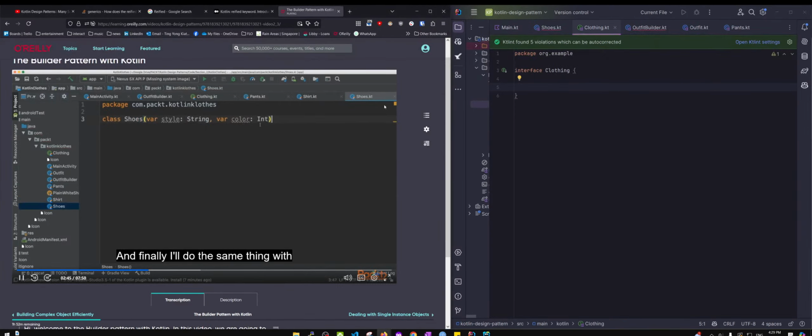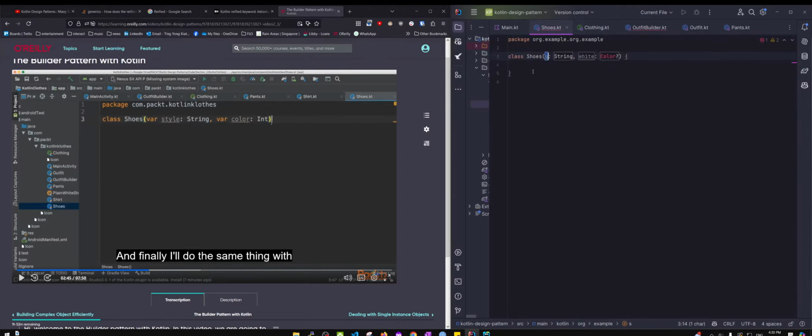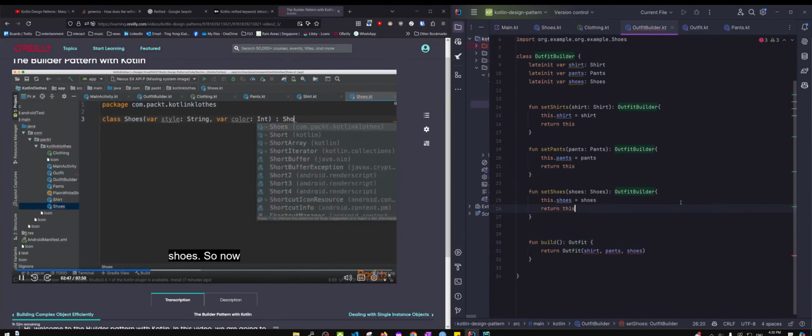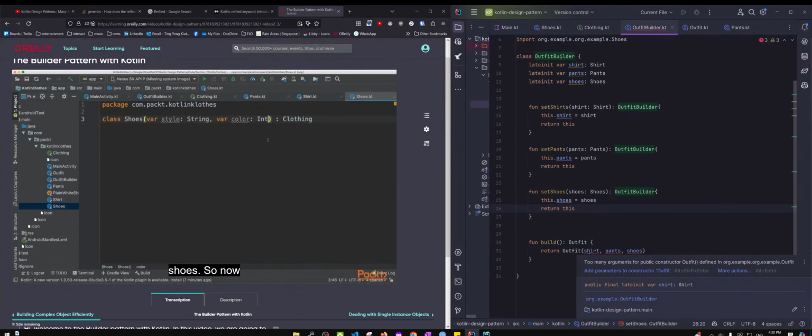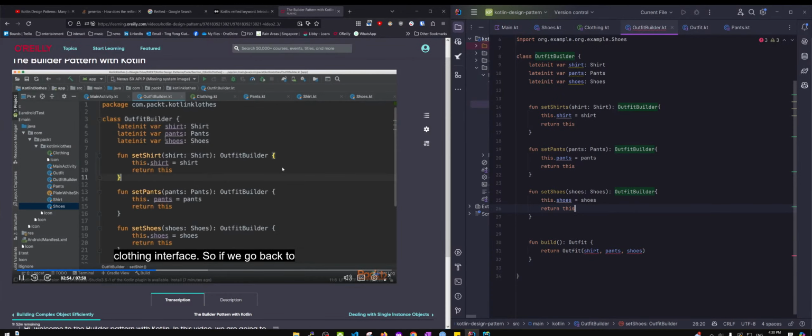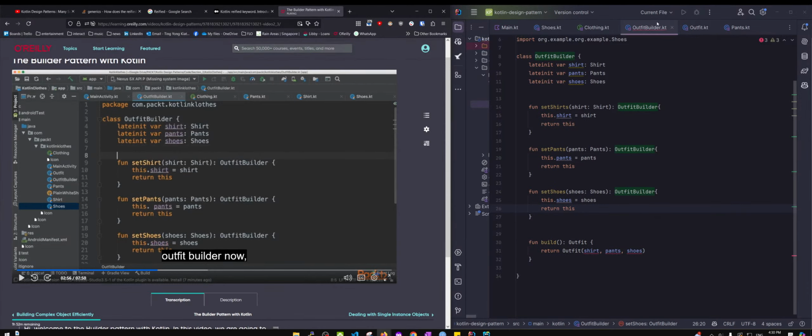And finally, I'll do the same thing with shoes. So now all three of these implement the clothing interface. So if we go back to Outfit Builder now,